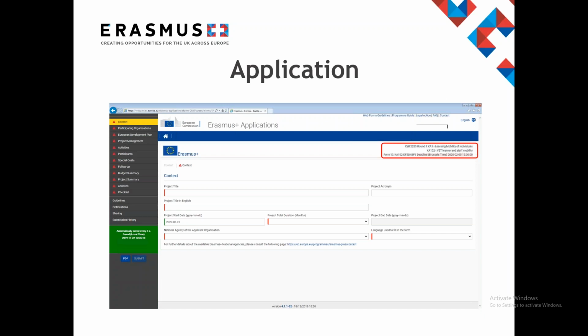Then on the first page in section B of the correct e-form will state that the key action is learning mobility of individuals. Then again, the action type is Vocational Education and Training. The call year is 2020, the round will be 1, and the submission deadline will be 5th of February 2020